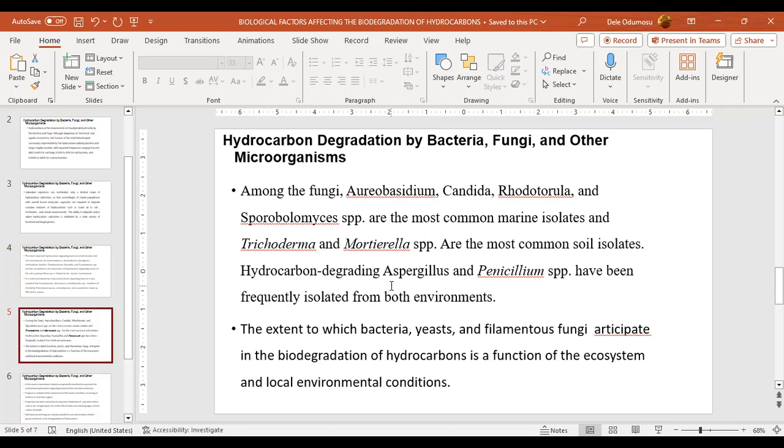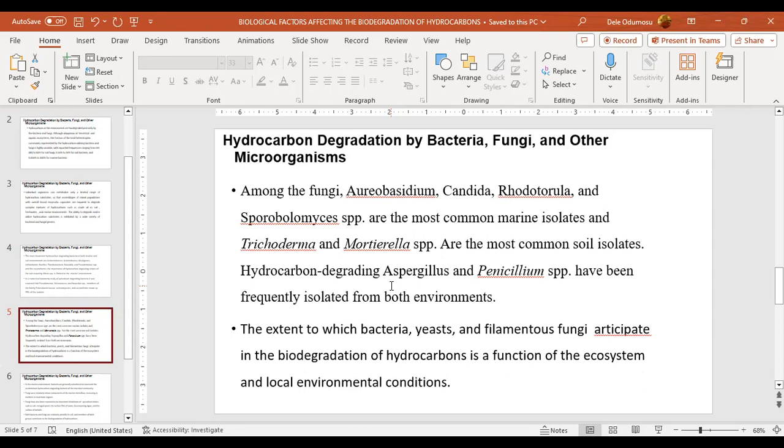hydrocarbon polluted sites. Now, when an organism is isolated from a hydrocarbon polluted site, one thing that strikes your mind is that this organism is utilizing this in the environment. Let me say, for instance, a question can be asked just to test your brain, just to see how well you understand the topic. It can ask you, a fungus was isolated from a